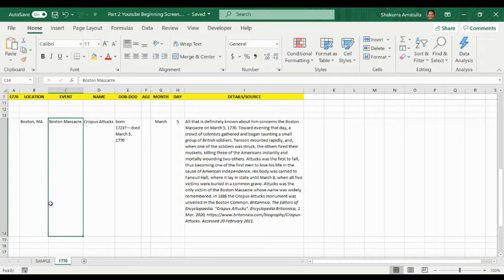So I hope this was helpful for you so far. I'm including a spreadsheet that you can download and play around with and see how you want to use it. You may want to move the month and day into another column or do whatever you like, but at least this will give you a starting point for all the data that you will be collecting while you're researching for your